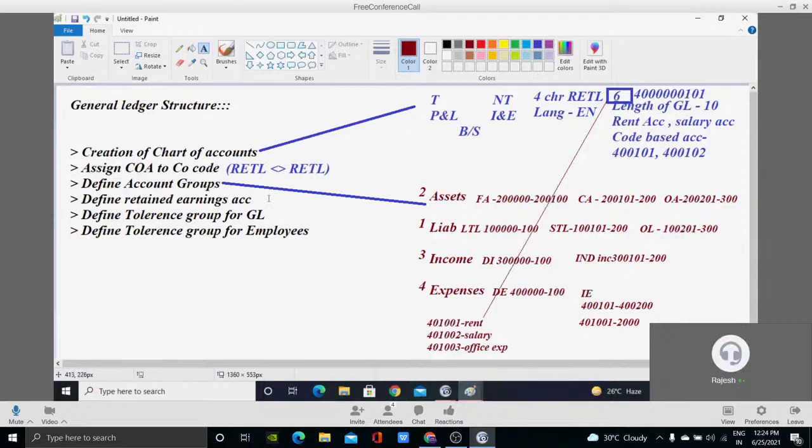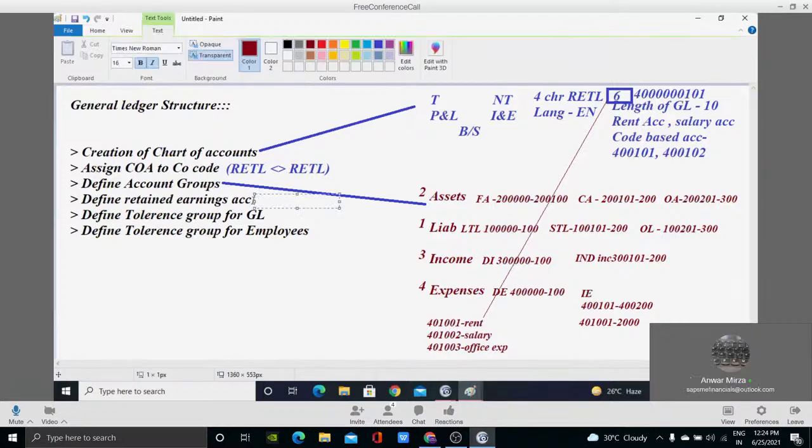Okay, clear. Now the next is regeneration. See, this step is a technical step which we have to configure. The importance of this step is that it will help you transfer your balances from one financial year to another financial year. Basically, this is a configuration which supports you in year-end activity. What is the meaning of year-end activity? You know, closing of books. What does it mean? You have to prepare a balance sheet and carry forward the balances in the opening balance sheet.